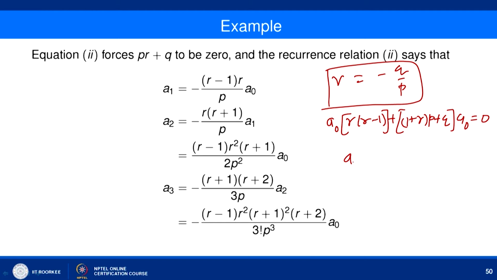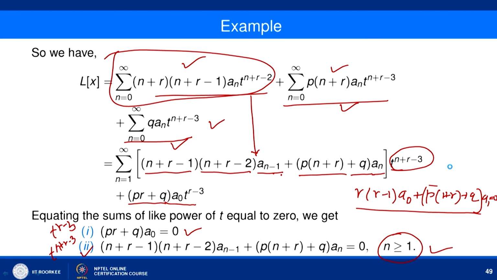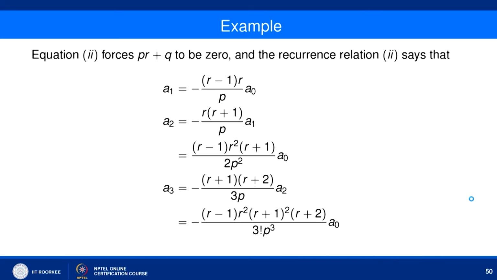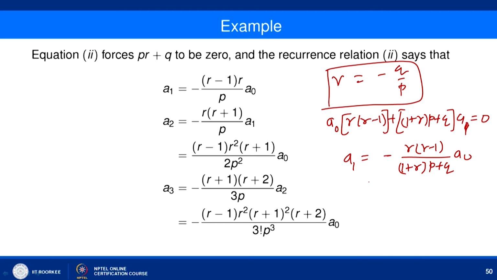So, here you can get a1, sorry. So, a1 is equal to minus r into r minus 1 a naught divided by this quantity 1 plus r p plus q, that we have already seen. Now, let us use that value of r as minus q by p. So, using r equal to minus q by p, then 1 plus r is going to be p minus